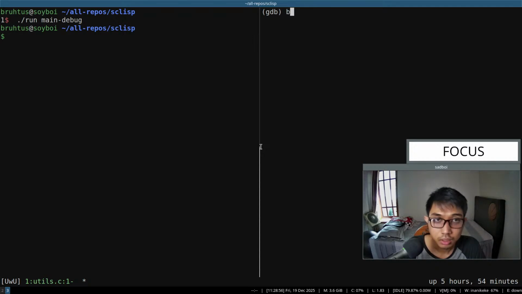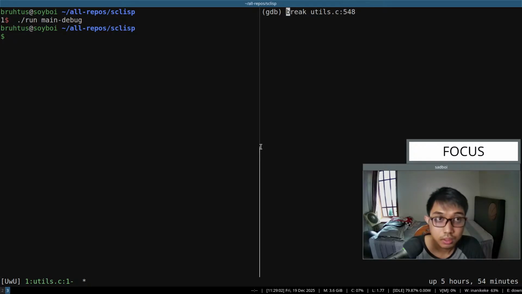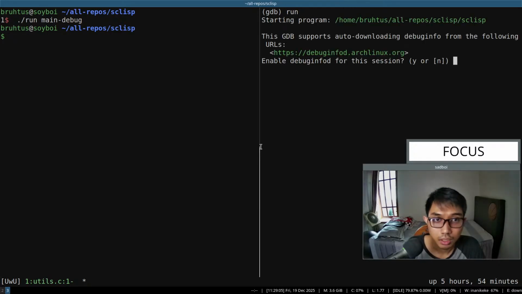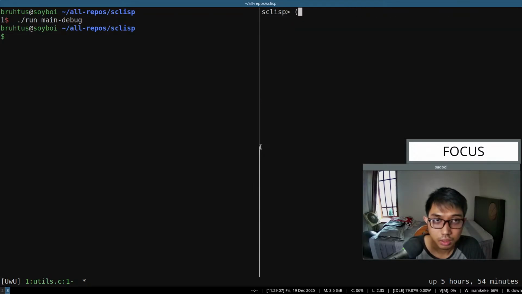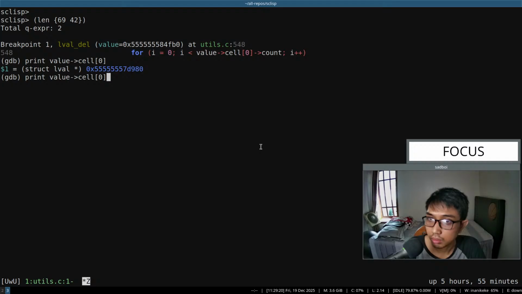Let's add a breakpoint in this one. Run, okay. Line 6942. Okay. Print value cell. Right now,